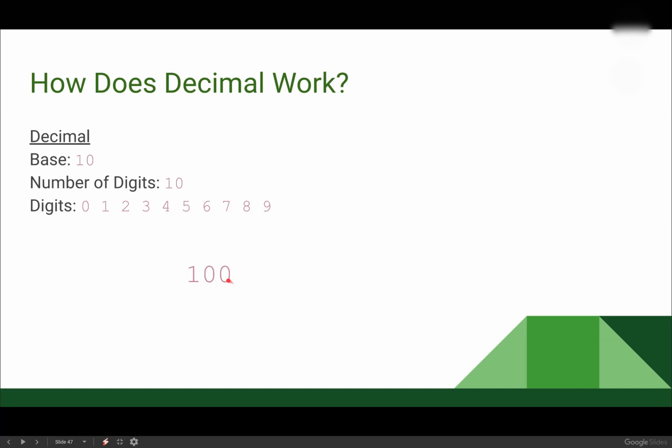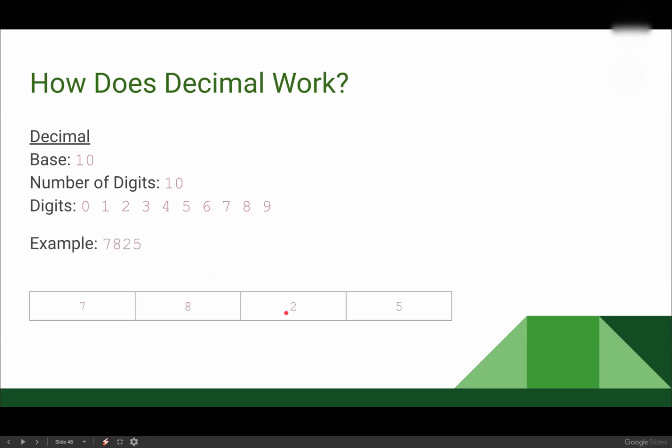So we have all learned how to count in decimal. This is the number system that we're all familiar with. So let's break it down just a little bit. If I have the number